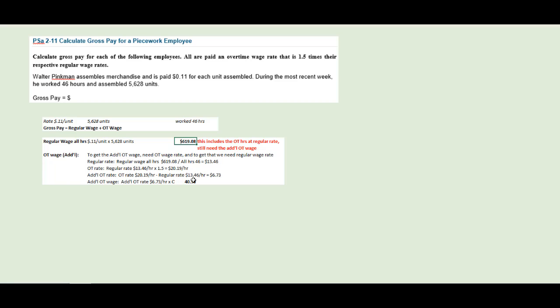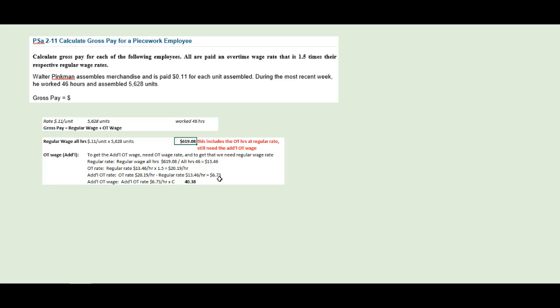And this $13.46 per hour is already part of this number because that's the regular wage for all hours, right? Now we need that portion of the overtime rate, or what we call premium, above this, which we just calculated to be